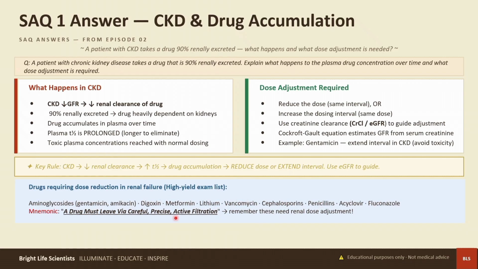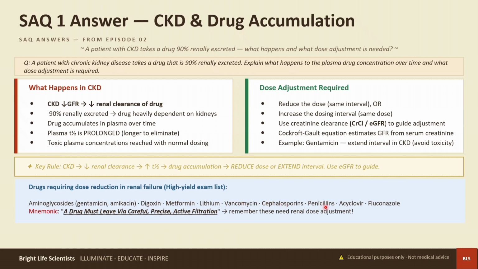You can remember these drugs as "A Drug Must Live Via Careful, Precise, Active Filtration," whereby A goes for aminoglycosides, Drug for digoxin, Must with metformin, Live with lithium, Via with vancomycin, Careful with cephalosporins, Precise with penicillins, Active Filtration